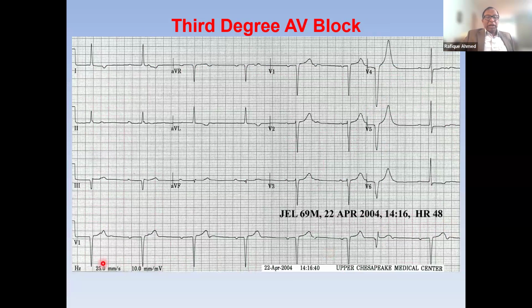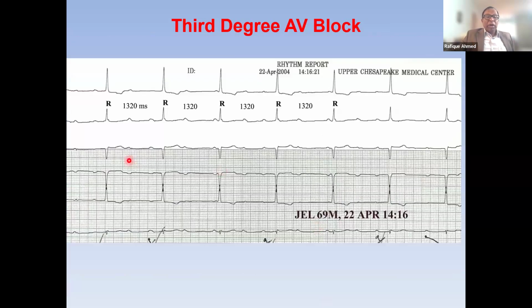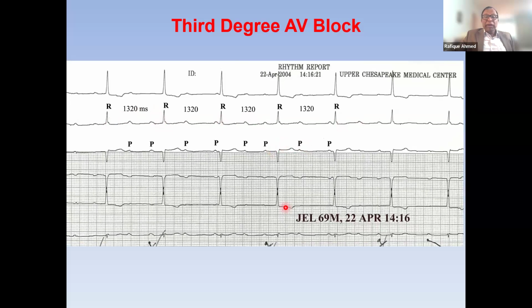This patient, clearly you can see QRS complexes. If I look here, it looks like sinus bradycardia, but look carefully, the PR interval is changing. But the RR interval is constant. If anybody has doubt, I have a long rhythm strip here, whereby you can see that QRS complexes are the same interval, P is changing. And if I put the P, you can see the P waves here.